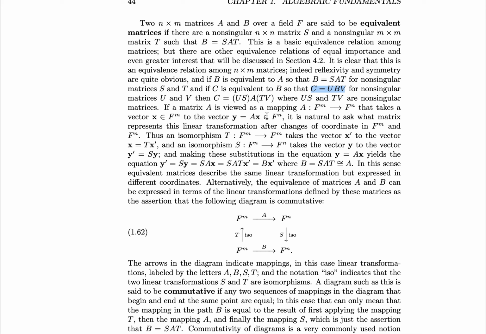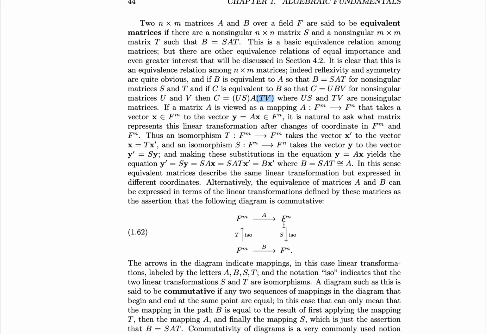To show that C is equivalent to A, we need to construct appropriately sized matrices, and we simply do that by saying C is equal to this. And the way we can check this is by noting that since matrix multiplication is associative, we write it like this. But we see that if we regroup, this SAT term becomes B, and then this entire expression is equal to C. The reason we grouped it like this is to show that they're appropriately sized